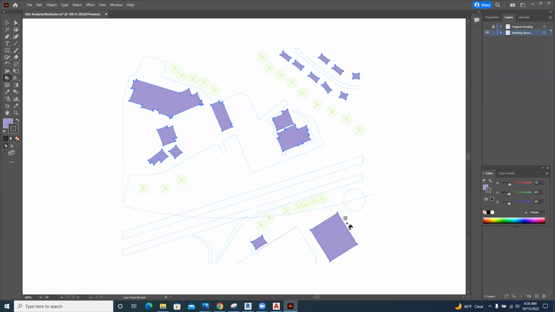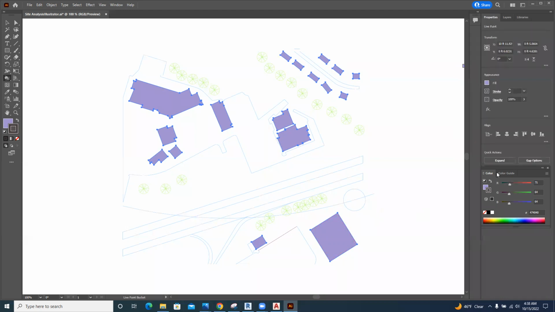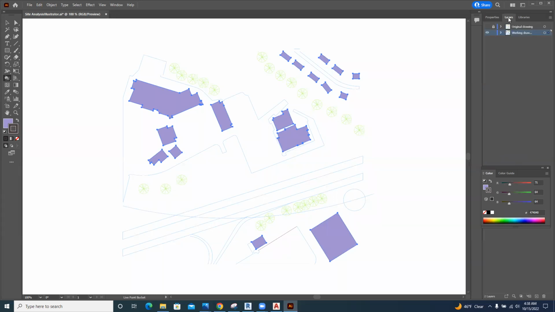So I've shaded all the buildings. What I want to do now is to make a layer out of the buildings. So while it's like this, we'll first expand. Now we can move it to another layer. And go back to the layers. And then come to this tiny blue dot that you see. And so if we click on this and drag it to original,